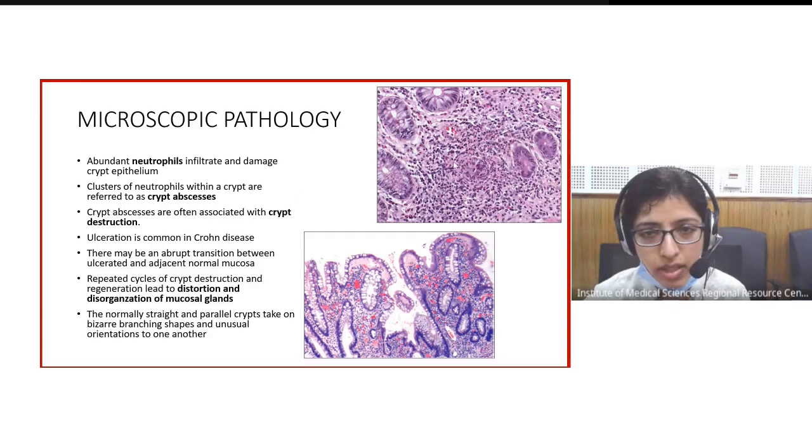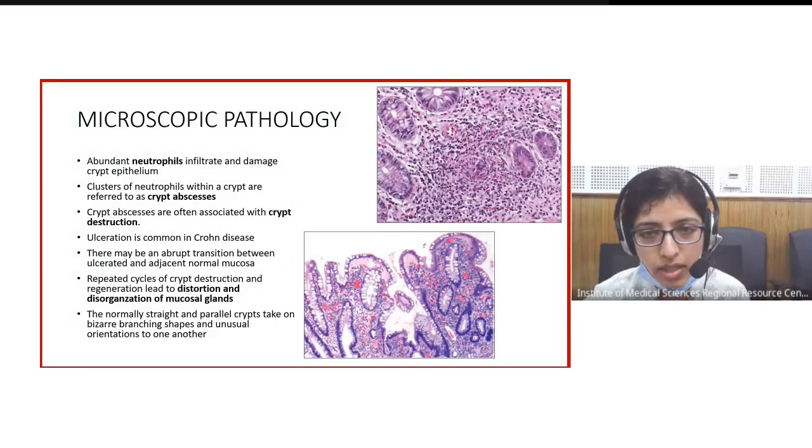When these neutrophils form clusters inside the lumen, so here this is a crypt lumen, and we see a lot of neutrophils sitting inside the lumen, we call it crypt abscess. So when the neutrophils are infiltrating in between the epithelial cells, it is called cryptitis. When they aggregate inside the lumen, it is called crypt abscess. And subsequently, at a later stage, they may entirely destroy the crypt, like is happening here, and that is called crypt destruction. So cryptitis, crypt abscess, crypt destruction. These are the microscopic features.